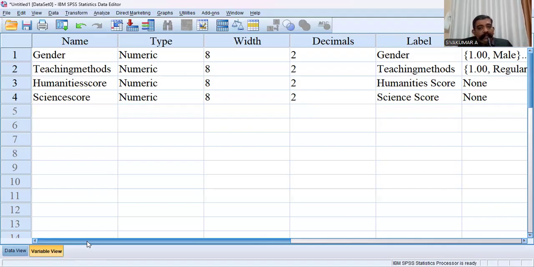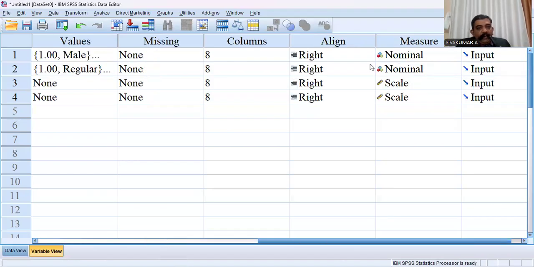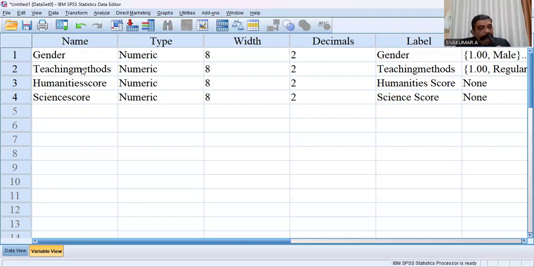Okay, then this is a very famous example. I may read the question, then we may analyze it and conduct two-way MANOVA with the help of SPSS software. Consider an experiment where three teaching methods were followed in school. You can see I have entered a variable there, teaching method. It is an independent variable.